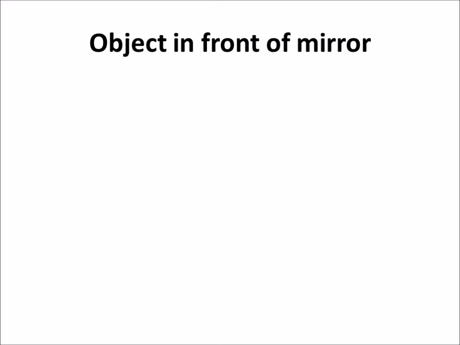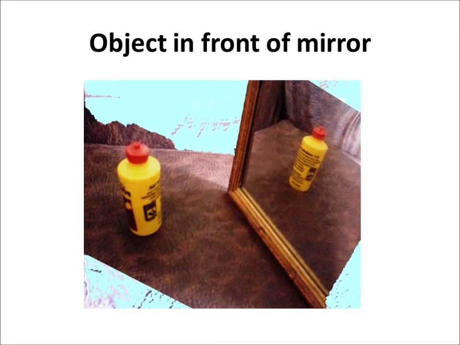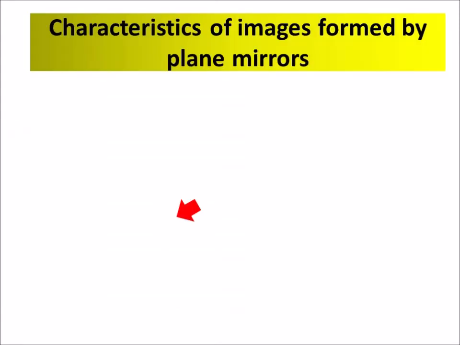Now look at the following photograph. You will see there is an object which has been put in front of a plane mirror, and that is enabling us to see the image of that object. Having looked at that photograph, it is now important to look at the characteristics of the images formed by plane